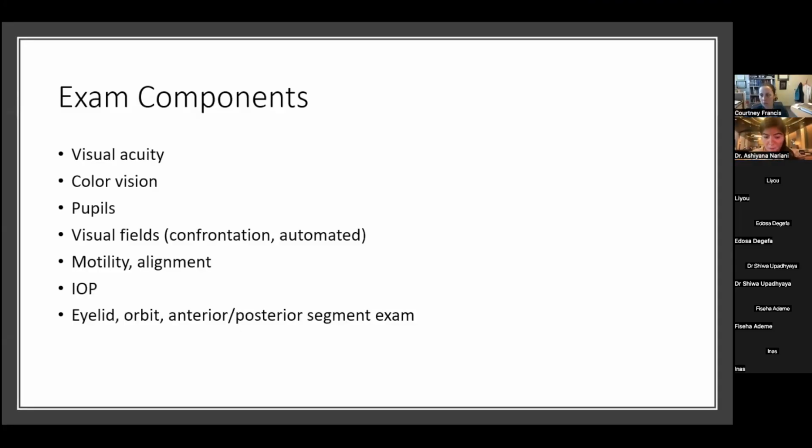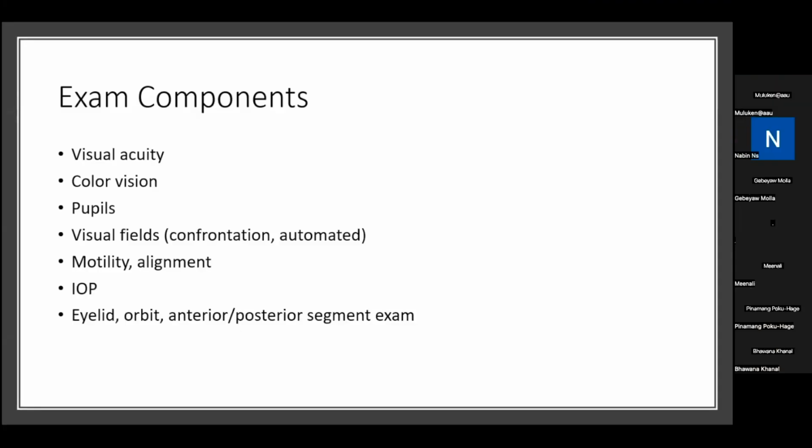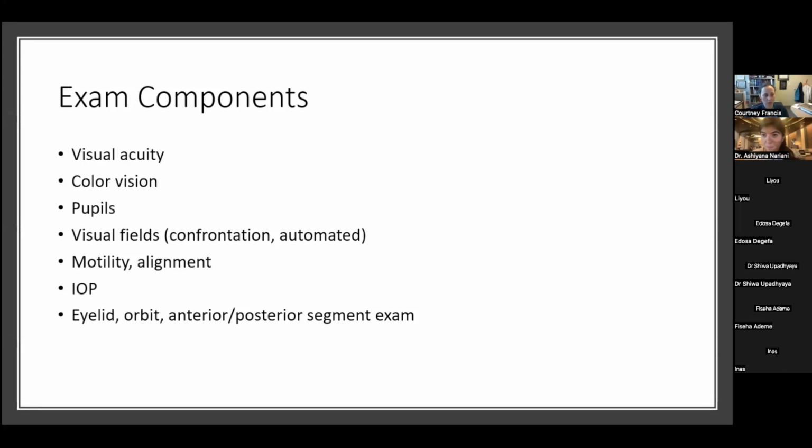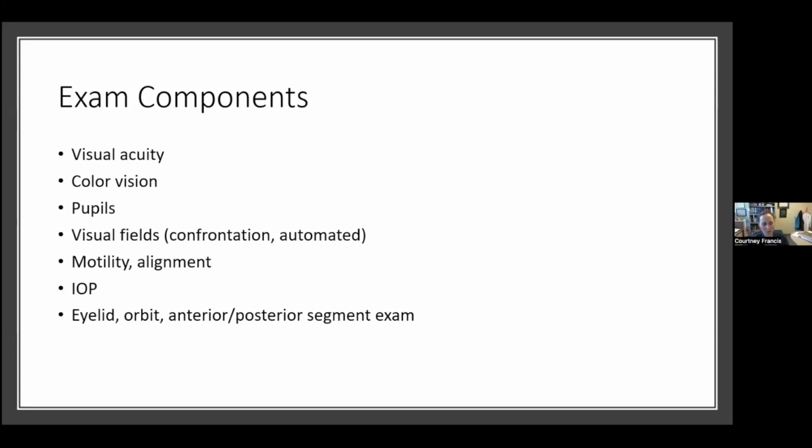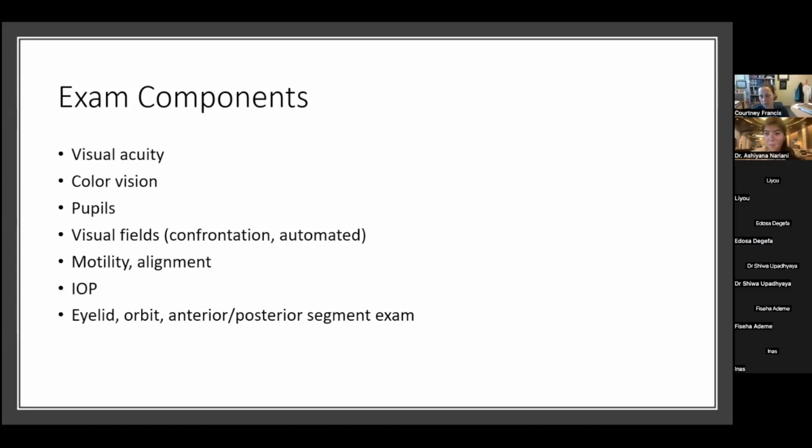How do we evaluate these patients on the eye exam? These are the key components that we'll think about: visual acuity, color vision, pupils, visual fields, motility and alignment, eye pressure, and then the actual eye exam of the eyelids and orbit, anterior and posterior segment exam. All of these things together will help us identify and localize the problem and come up with a differential